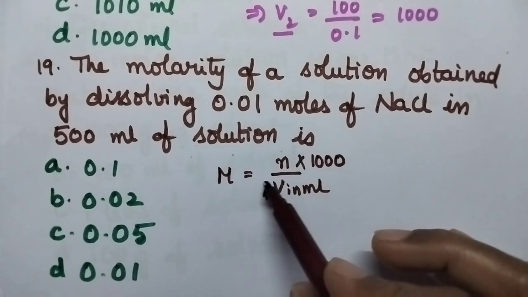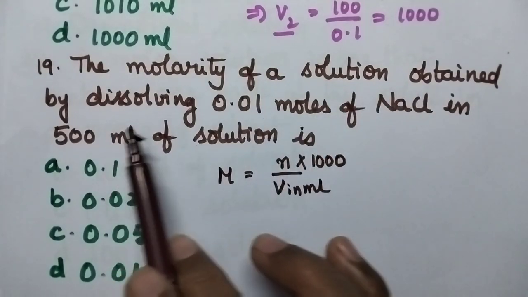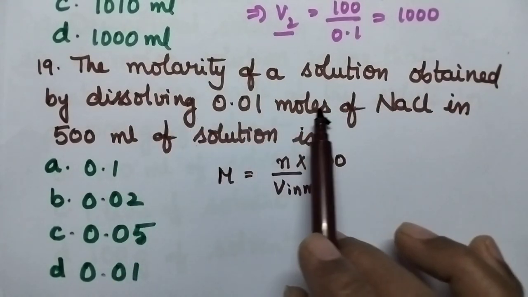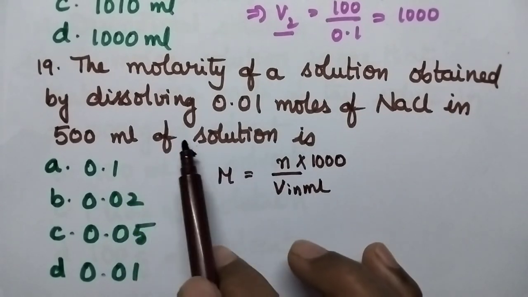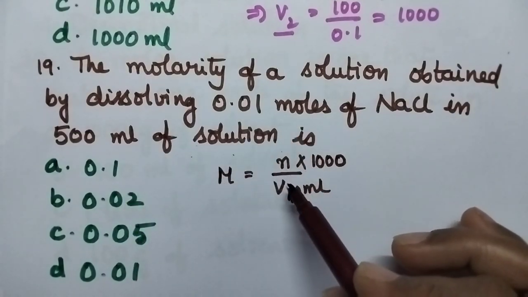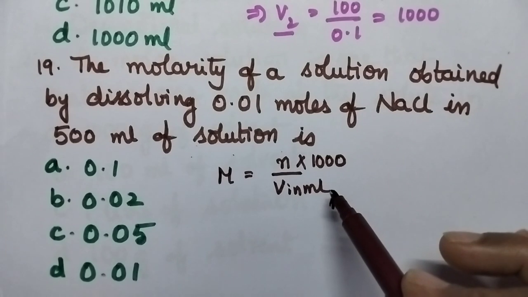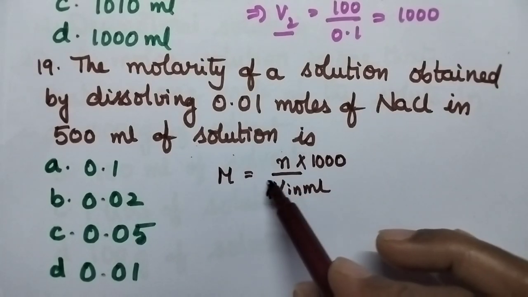So, the molarity of a solution obtained by dissolving 0.01 moles of sodium chloride in 500 ml of the solution is... So, molarity is equal to number of moles by volume in liters. But here the volume is given in ml. So, we have to divide it by 1000. So, that is molarity is equal to